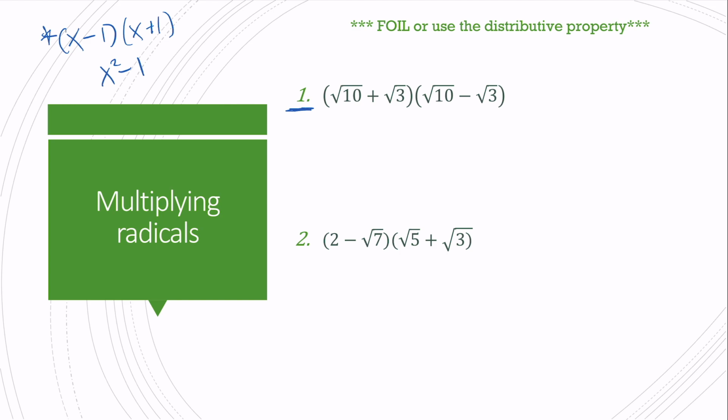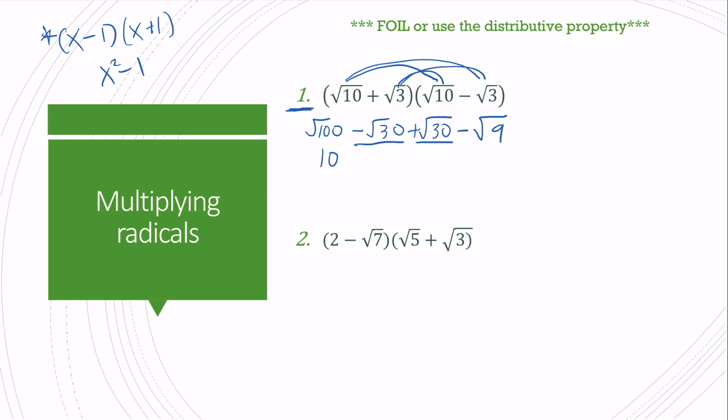I've got the square root of 10 times the square root of 10, so I have the square root of 100 minus the square root of 30 plus the square root of 30 minus the square root of 9. That means 10, these terms cancel. The square root of 9 is 3. I'm left with 7. So in this case, all of my radicals went away. Isn't that so nice? For problem 2, I have 2 times the square root of 5